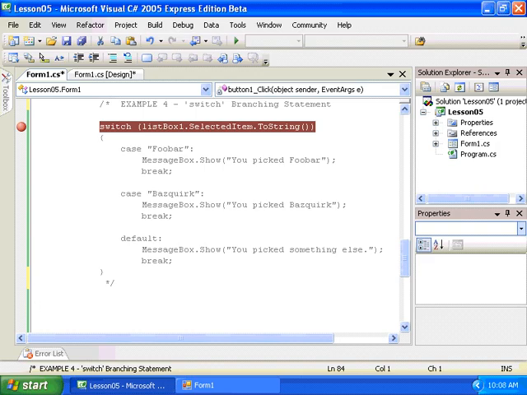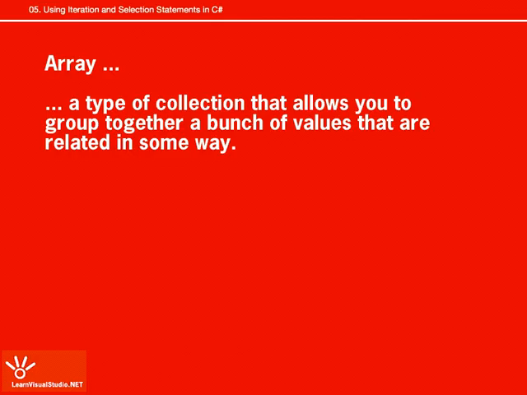So I wanted to introduce the concept of an array right now, in between our discussion of selection statements and iteration statements, because it's going to help us understand iteration statements a little bit better. An array is basically a type of collection that allows you to group together a bunch of values that are